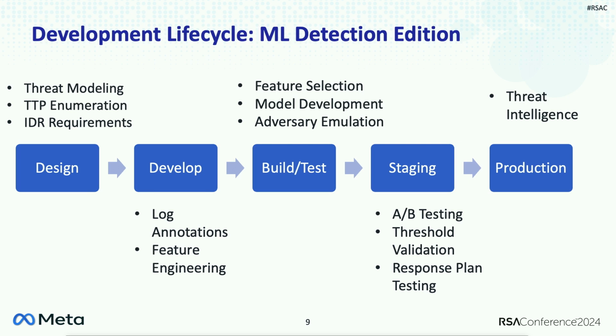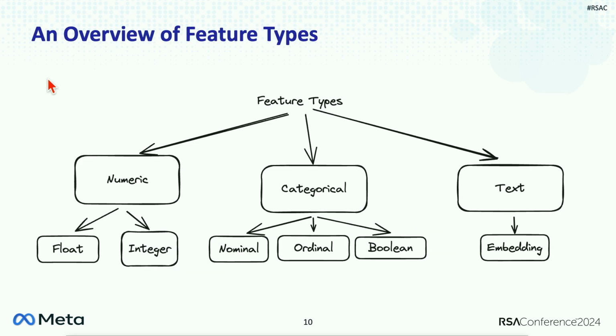And then finally, you can enjoy the fruits of your labor. And if you're doing this right, you are logging model inputs, they are mapped to TTPs, and you have a status associated with them. And so then you can start to put together a source of threat intelligence for your teams to consume. We found a lot of interest in this step as well, even if they aren't directly integrating with the detection models. So let's talk about the feature types in more detail.